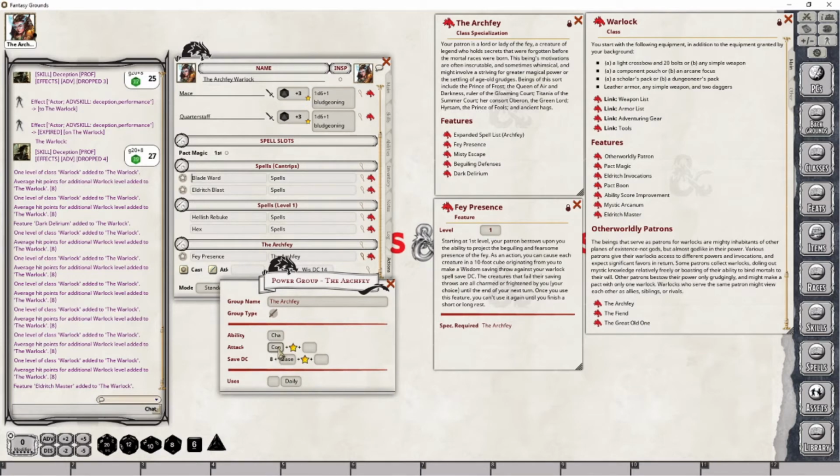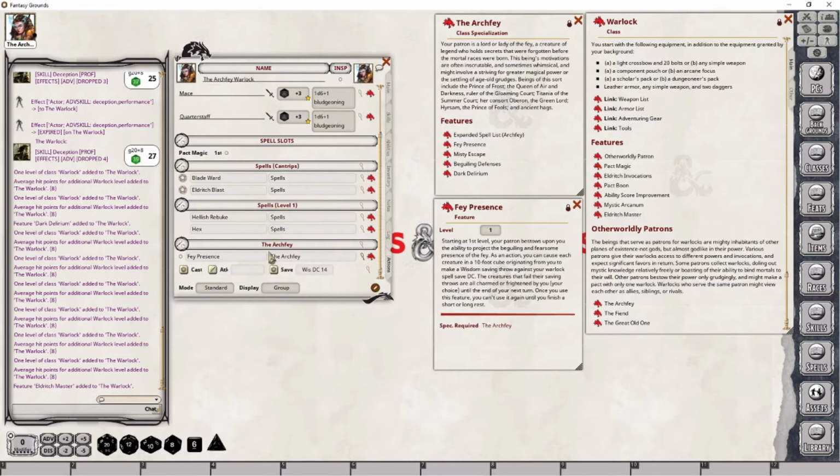So this could be a charisma. This is also going to be charisma, and this is generally also going to be charisma. Now, this might change depending on the group itself, but for now, I'm going to leave that. And in this case, I'm going to set this up to be a one use between rests. And that just saves my need of going through and configuring anything that I throw in here. Now we can see that our saving throw has now corrected to the proper value.